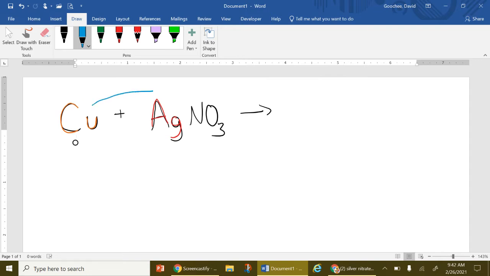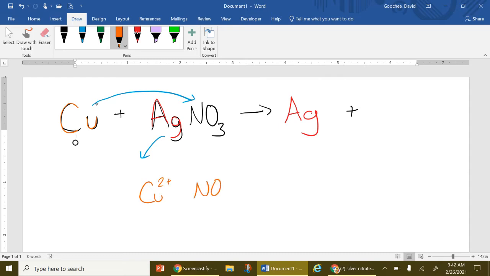So the copper ends up bonding with the nitrate and the silver gets the boot. So our products are now silver metal, because it has now been removed from the ionic compound. And the other product is, well, the copper is combining with the nitrate, and so we're going to do a little crisscrossing down here. Copper in this case is 2+. Nitrate is NO3, 1-, so a little crisscrossing: Cu, NO3,